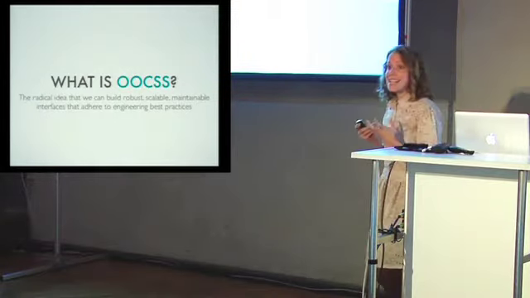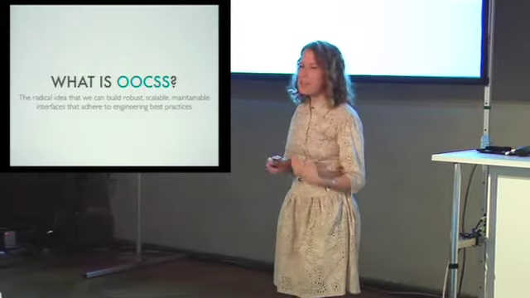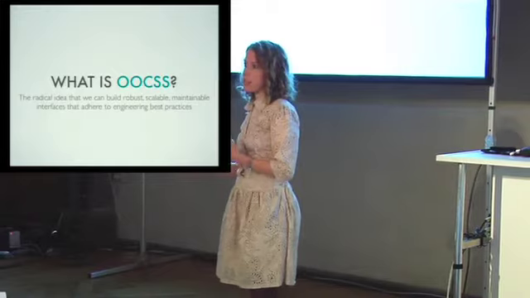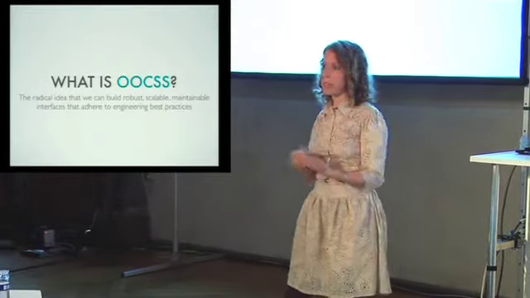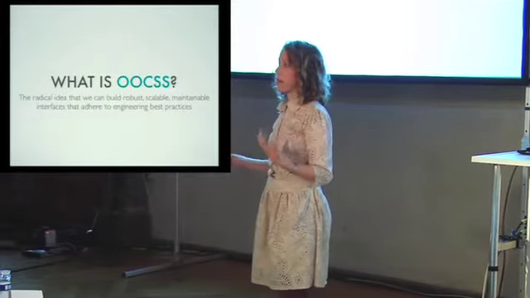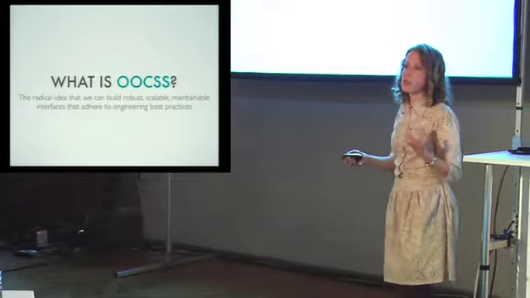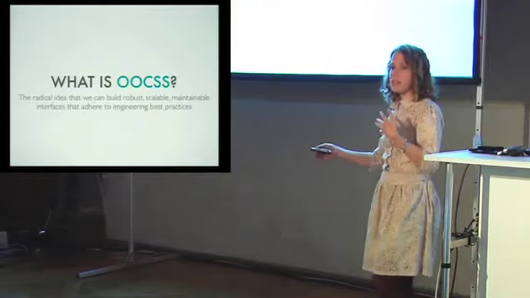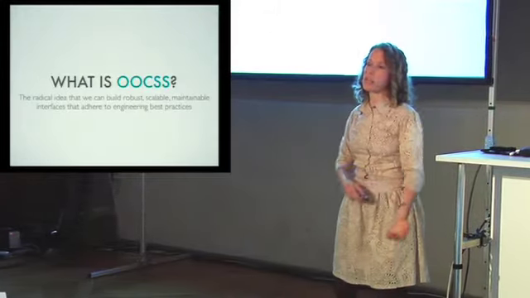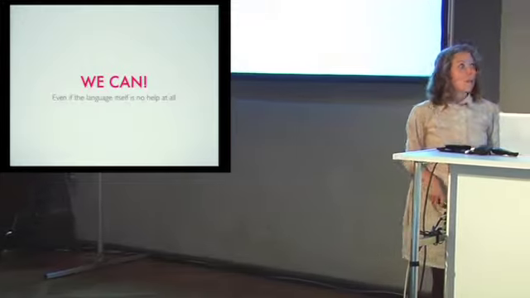So what is object-oriented CSS? It's sort of a nutty idea that we can build CSS with engineering best practices in mind. No, it's not a one-to-one correlation. It's not like you can just apply something from programming to a declarative language and think it's just going to automatically work. There's a thought process involved. But OOCSS is about sort of saying, we can do better. We can take a look at engineering best practices and figure out how that's going to make our CSS development better. And we absolutely can.